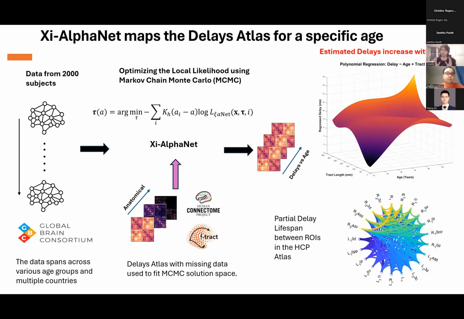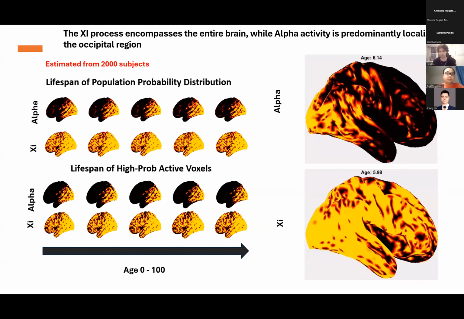The first one is that you can use a Chi-alpha net model not only to fit the cross spectra, but you can also use these effective connectivity models to obtain a lifespan of delays at specific age groups. And the second reason why this is important: suppose that tomorrow Victor Yesa wants to make a detailed neural field simulation of the brain that has 16 years. For that, he needs a spatial distribution of delays in the brain between neurotracks. And what we are proposing here is which type of delay can be used there, based on a data set of 2,000 pages. So it's a strong result.